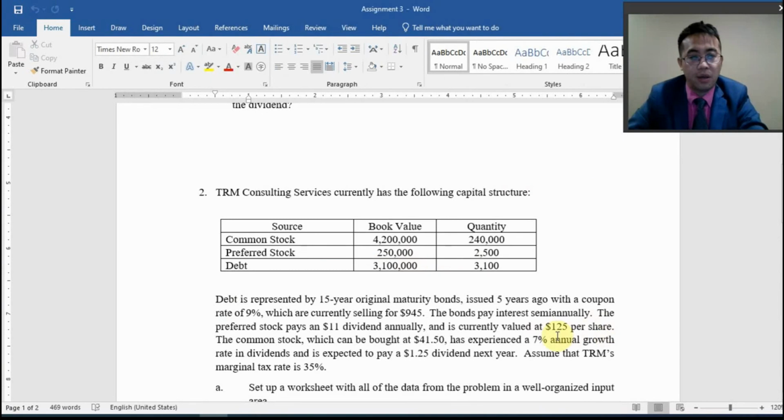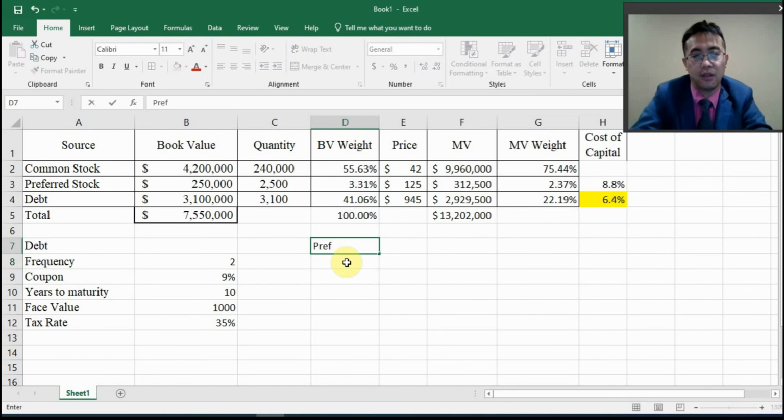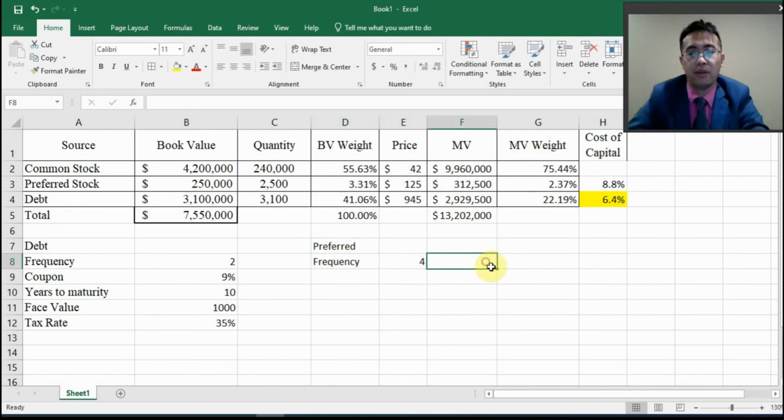And the paragraph also says, and before I move to the common stock, I just want to say, so for the preferred stock, the frequency does not matter. Okay, the frequency could be 4 if it is quarterly, it could be 2 if it is semi-annually, but we